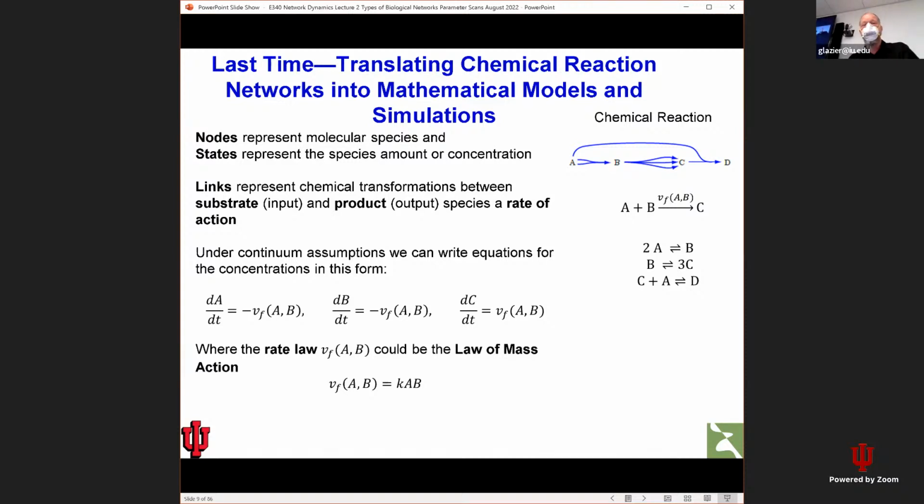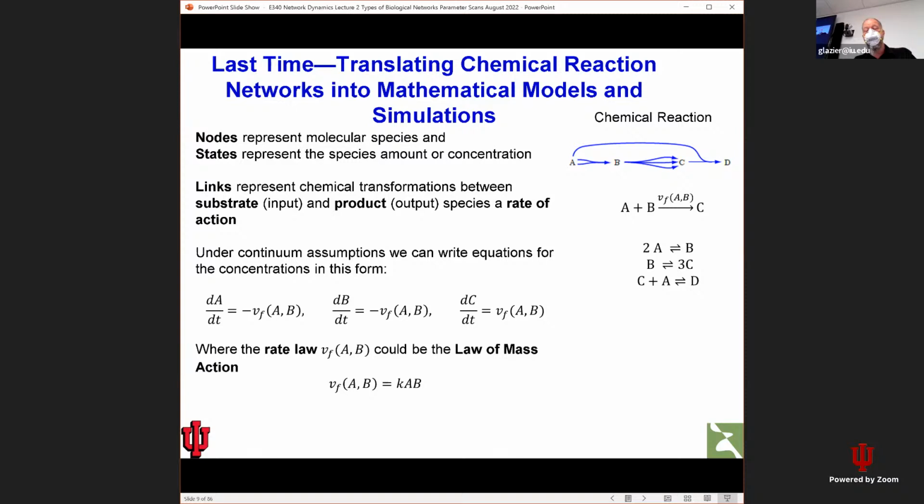The translation is purely mechanical. You don't really need to learn very much, but you need to be able to do that in your head pretty comfortably. And we also talked about the law of mass action a little bit, that if we have A